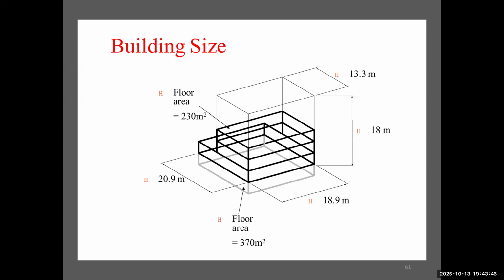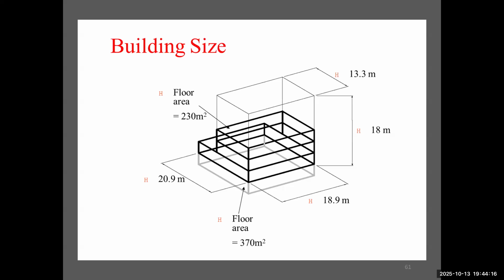From floor 1 to floor 6 it is nearly 18 meters in height. The floor area of the upper floors, from floor 4 to floor 6, is smaller than the basement. It is only nearly